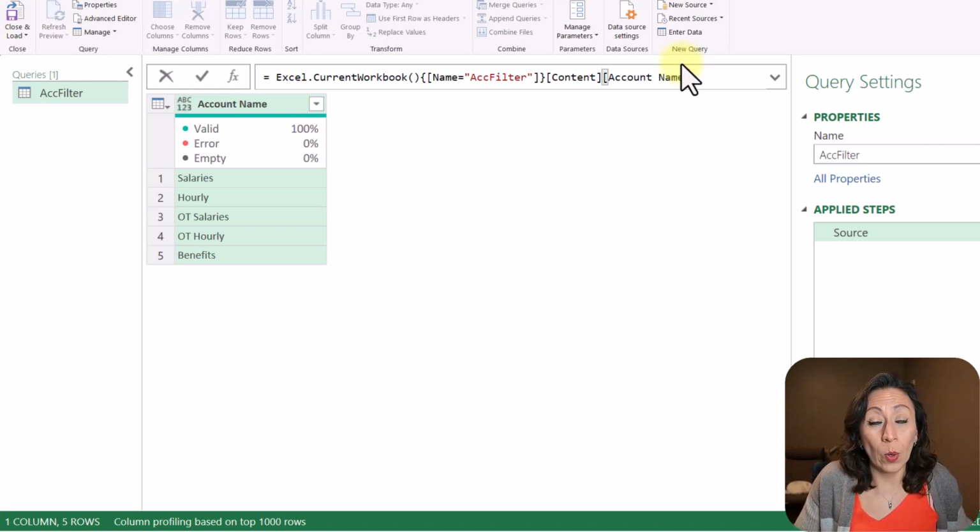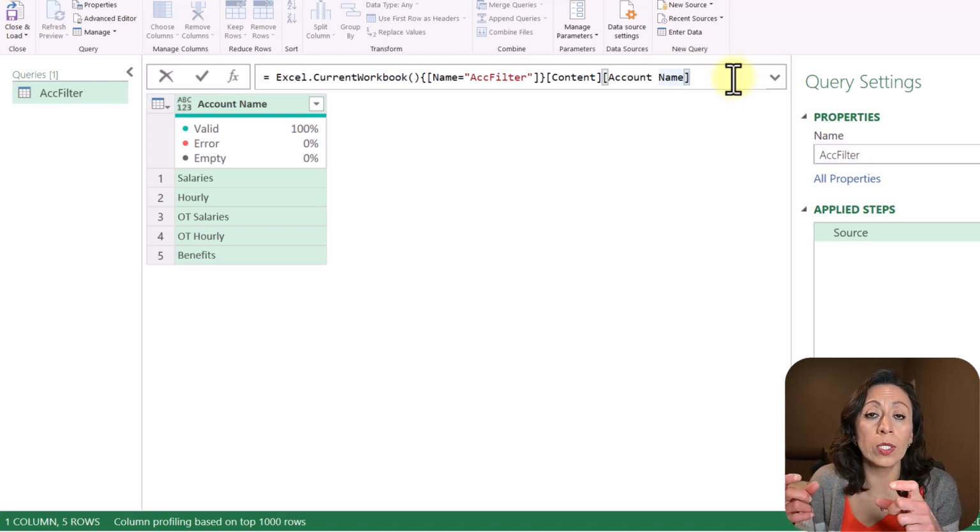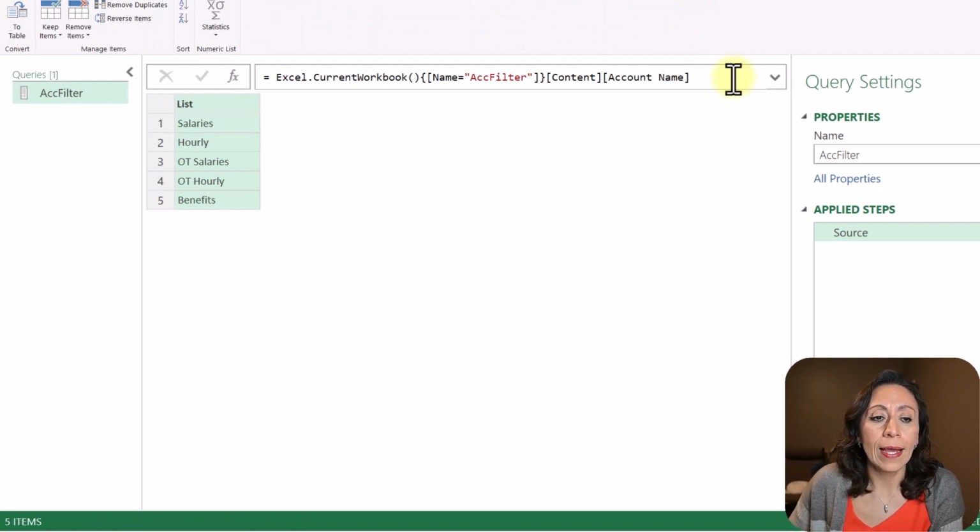In this case, I only have one column, but there are times when we have tables with many more columns. So when you want to keep specific columns, you provide a double set of square brackets. When you want to convert a column into a list, you provide one set of square brackets and then the name of the column. Okay, I'm going to press enter, and sure enough, we have a list right here.